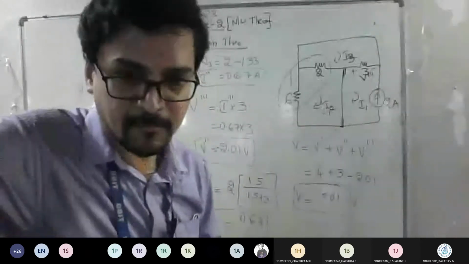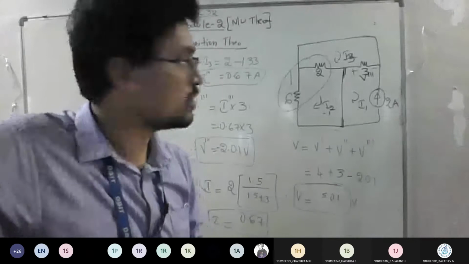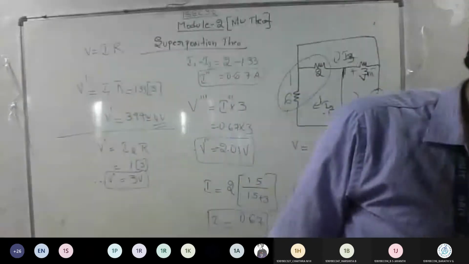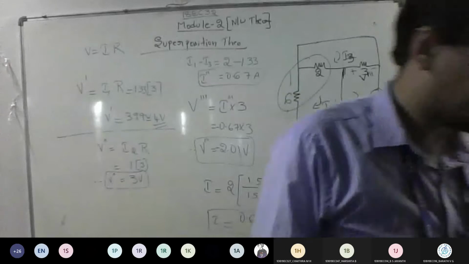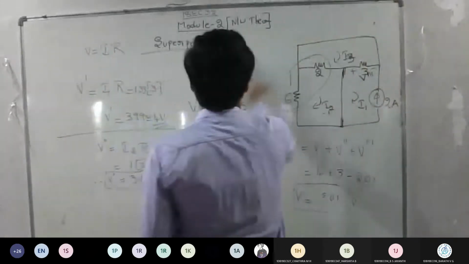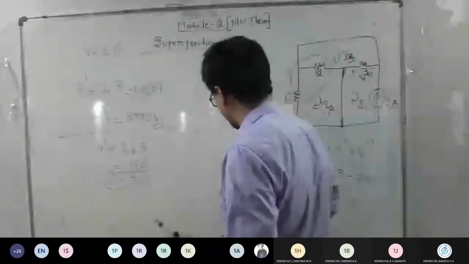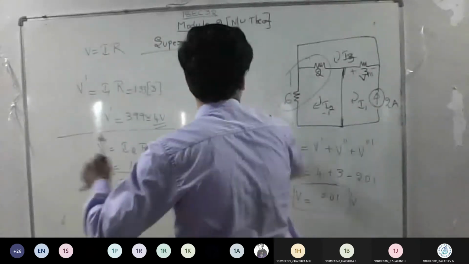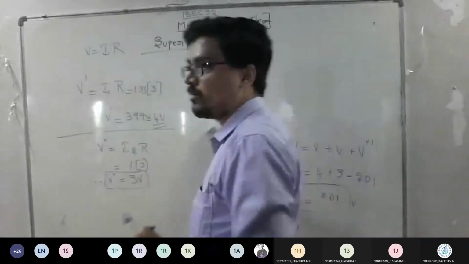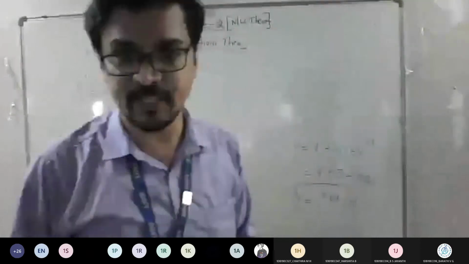Everyone, am I clear till here? Yes, sir. So let me give you one problem to solve. If anybody has a doubt till here, let me know. Or else let me give you one problem I want you to solve. Next class we will deal with dependent type problems. First I want you to understand the logic of the superposition theorem. One problem on dependent and one on independent sources will help you understand the meaning of the theorem.